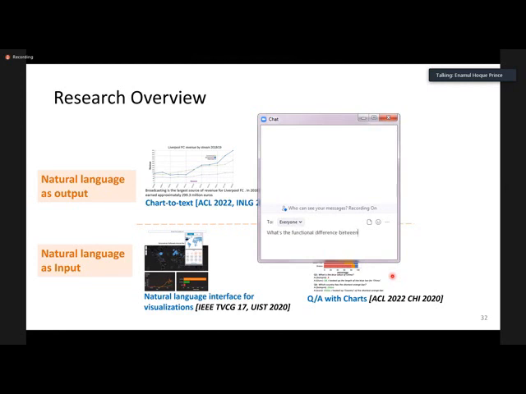So one possible way could be to ask people to write summaries or captions for charts. But that is costly because you can only collect maybe a few hundred or thousand summaries in that way, because you'll have to find people who are good in writing and proficient in English and so on.